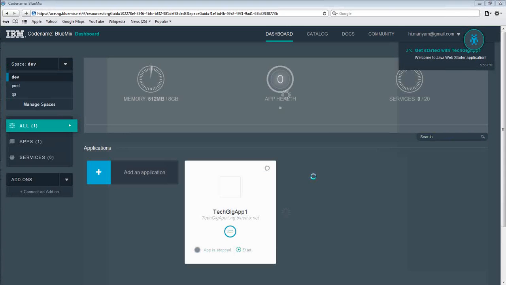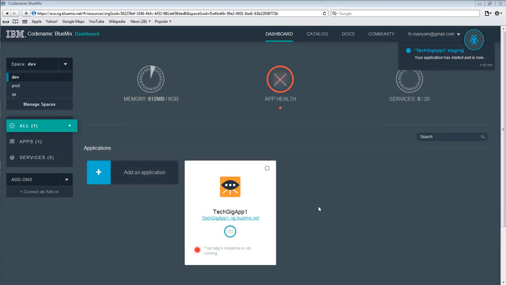When I click create, when it is loading, I'll explain what things are being done. It first goes to the public cloud infrastructure behind this BlueMix, and it identifies certain physical hardware and nodes where my application can be created. It creates a blank virtual image container for the app server and the services that I want to consume. And then it will load the OS into them, the standard OS, whatever is configured as part of the service definition there. And then it will install the app server instance into that.